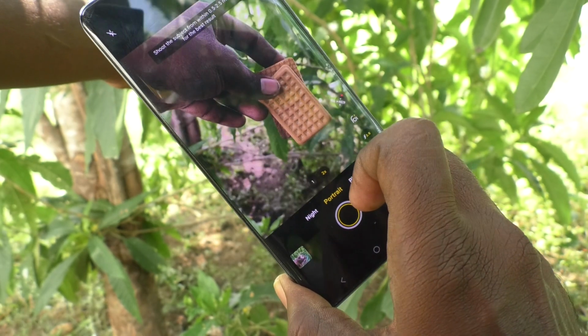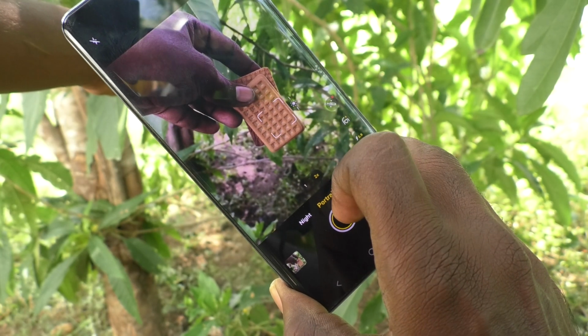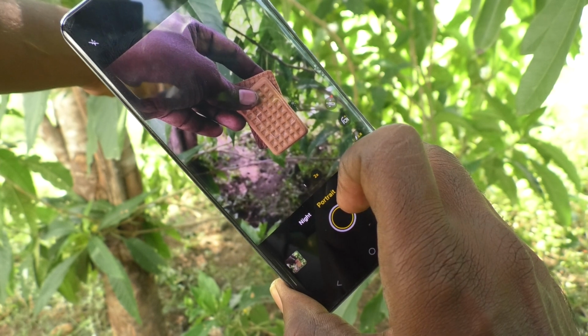Okay, after that click on shutter button. Okay, see,